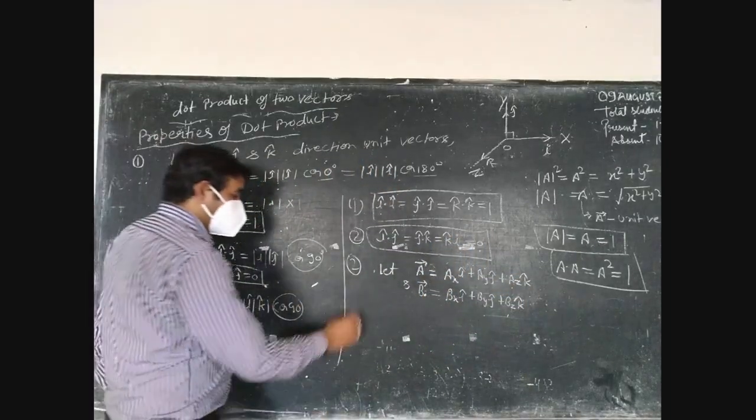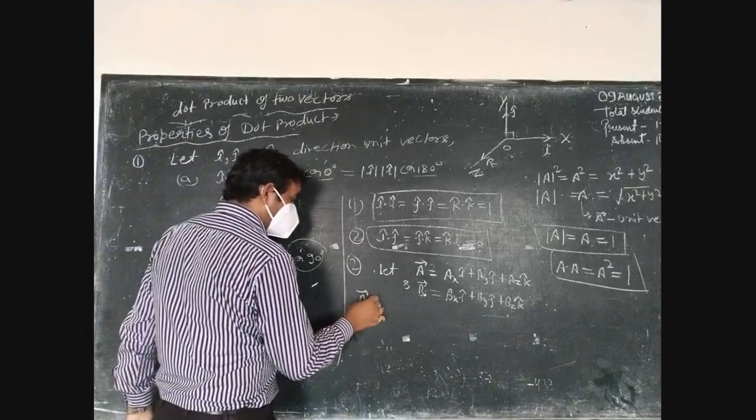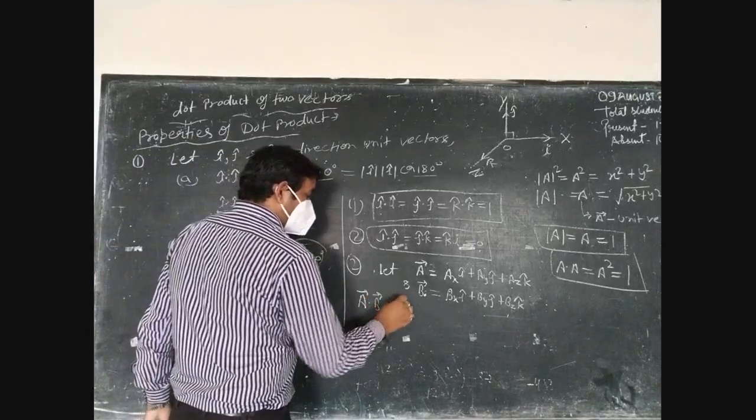When we multiply the two vectors, vector A dot vector B, it is written as